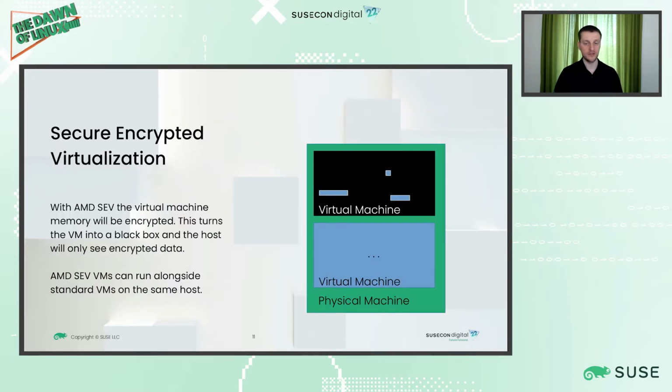So how does SEV work? If you enable SEV for your virtual machine, it will basically turn the virtual machine's memory into a black box. So the memory of the virtual machine is no longer accessible by someone with access to the physical machine. All data is encrypted in the virtual machine, and when someone on the physical machine tries to read it, they will only see the encrypted data, not the plain text data. Only when the CPU is running in the virtual machine context can the data be accessed unencrypted. So only the virtual machine has access to the plain text data.